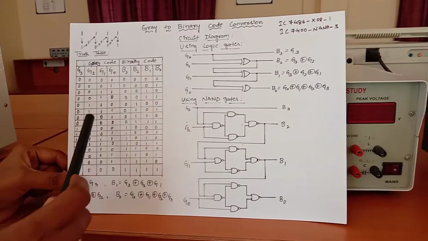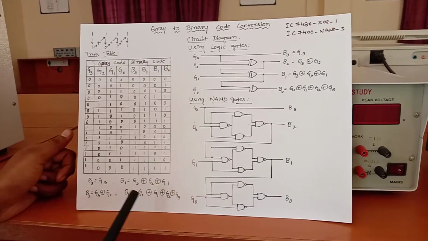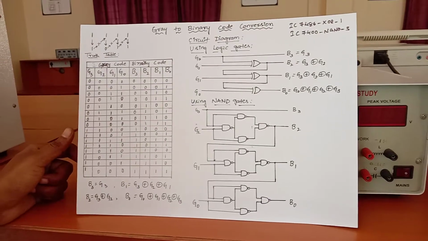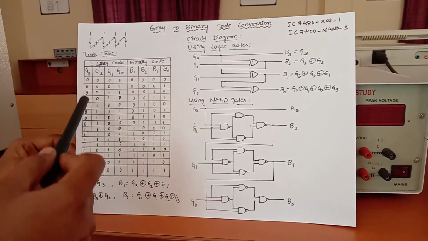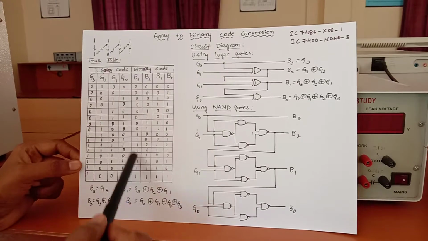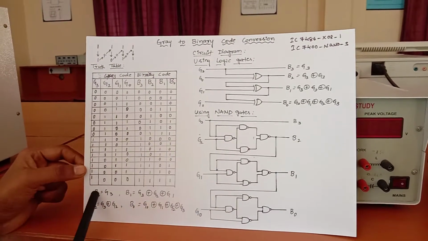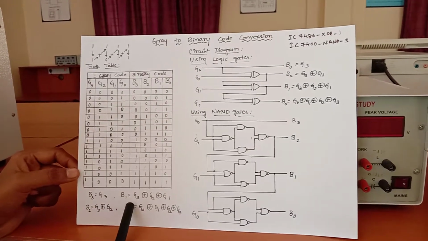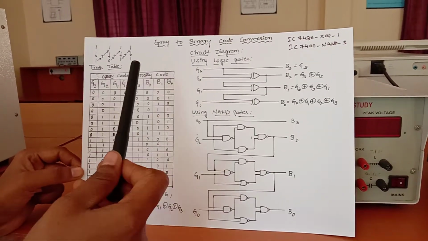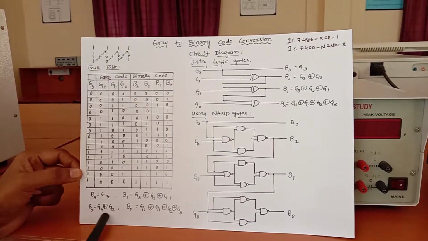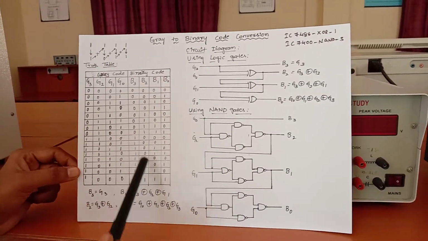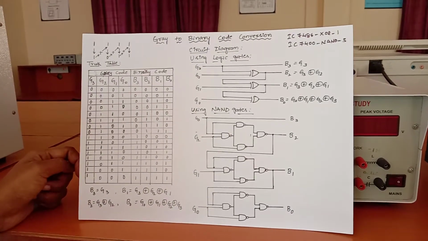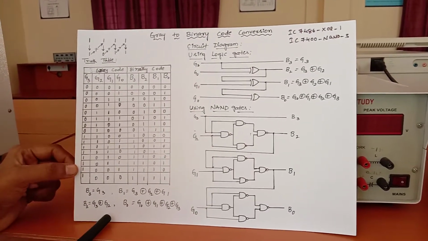According to this conversion we have drawn the truth table. The inputs are the gray code and the outputs are the binary code, and we have taken 4 bits here. The last column, the B3 output, is the same as the G3 input, so there is no equation for this; they are equal. To get the next expression we take the B2 column, and to get B2 we draw the K-map. After simplification we get the expression G3 XOR G2.